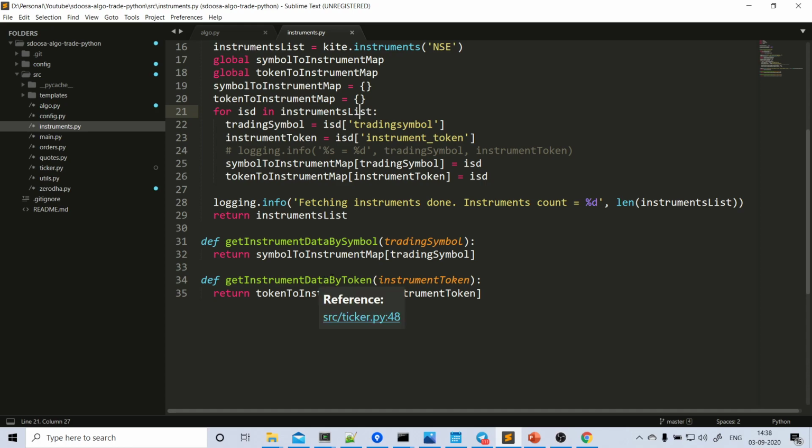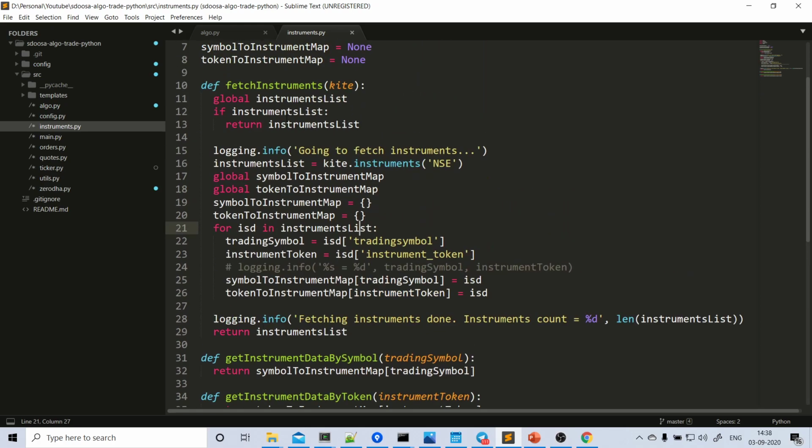Similarly, if you have the token instead, which can be some integer number, let's say 54673, something like that, just pass this token to the instrument token map and we'll get the complete instrument data and return it. So these two maps we have stored after fetching the instruments.